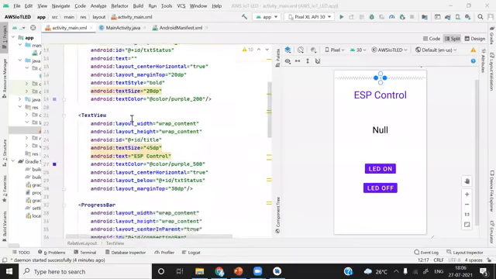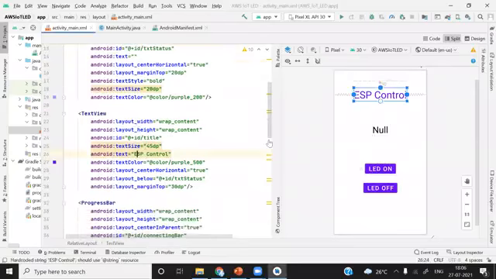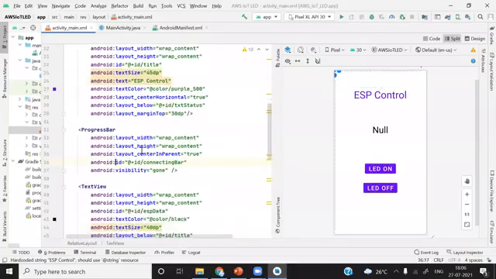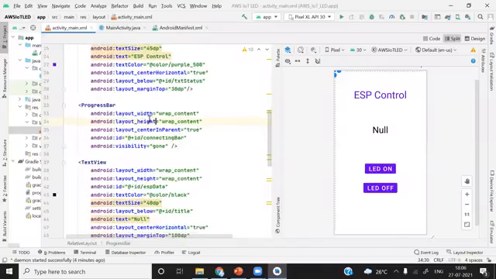Now the second component here is just a simple title. We have arranged ESP control. It has nothing to do with the backend. Next is the progress bar. It is a circular bar, so it will keep moving in circular rounds until we get connected with AWS IoT. It is like showing loading, similar to a loading bar.